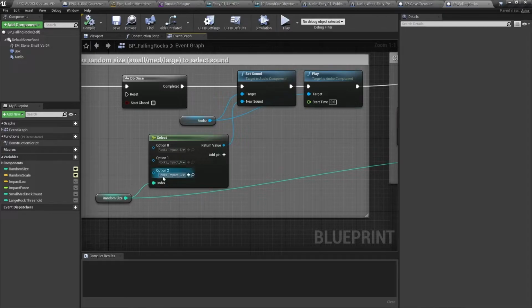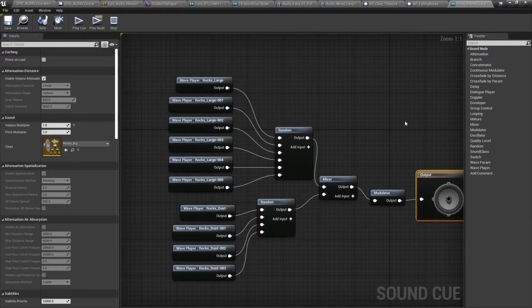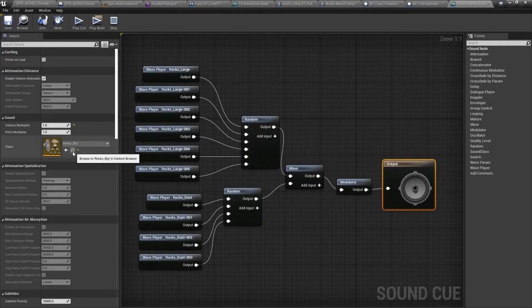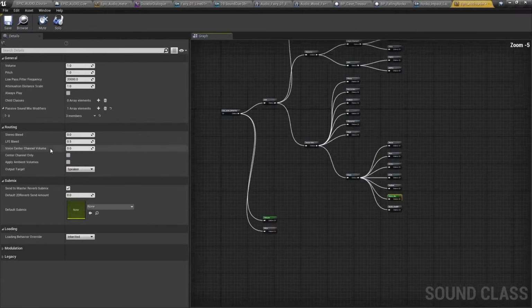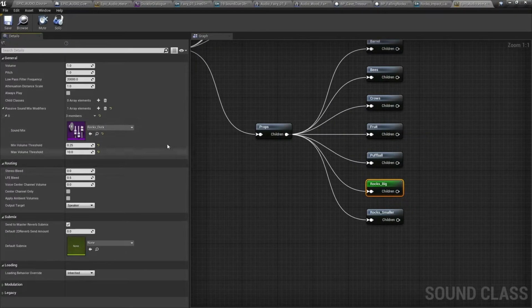Now, since these large rocks can spawn at different distances from the player, what we've done here is set up its sound cue to belong to this rock's big sound class here, and that has a passive sound mix modifier on it. And this time we've got a minimum volume threshold of 0.25. So unless the volume of the rocks gets above that,